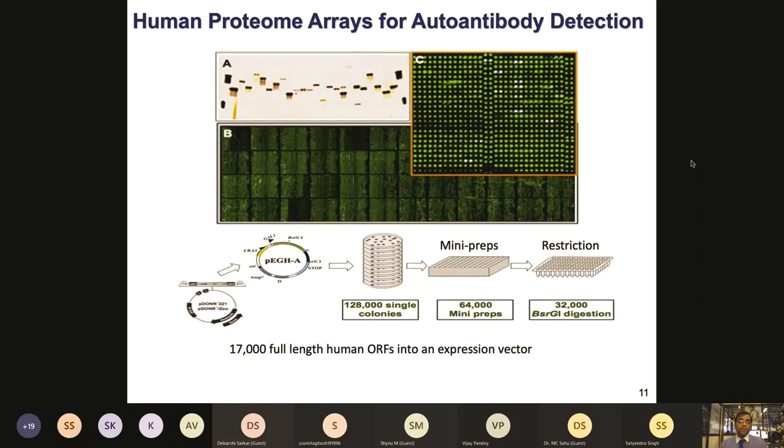But if you can do that, then of course you are very good to start with the cell-free expression based method. But at this point, I was not willing to start that work. So I collaborated with Hengyu and his team from the CDI lab at Johns Hopkins, and we procured these human proteome arrays, which at that time, in the first version, had almost 17,000 human proteins printed in duplicate with around 40,000 spots.